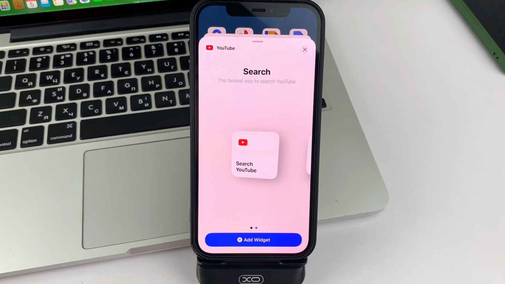In this video, I will tell you and show you how you can add YouTube to your iPhone home screen